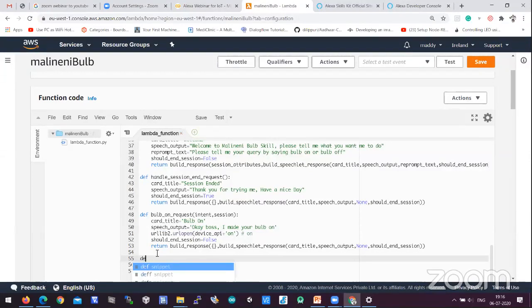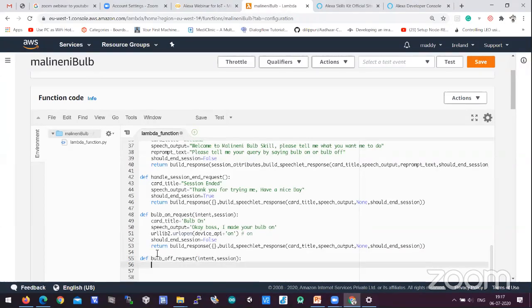So let us have a def for the other intent also. Because there are two intents created, one is bulb on, second one is bulb off, and we wrote the bulb on request, right? So let us have the bulb off request. So we need to pass intent and also session as arguments, and let us make the card title as bulb off,